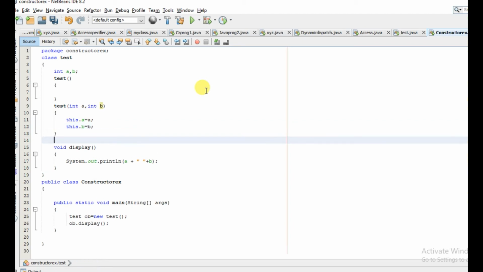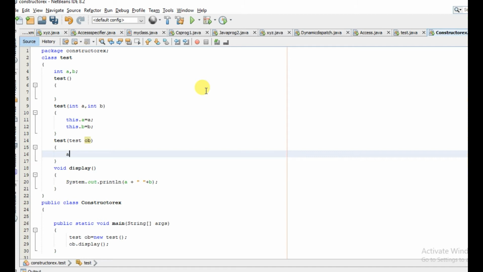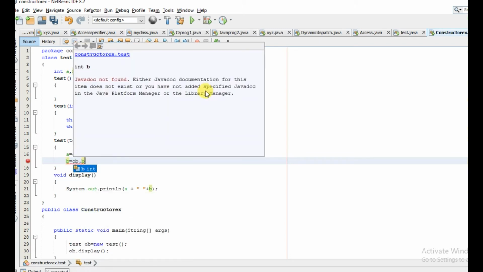Now let us create a constructor which creates a copy of the object. Let us pass the object of test class and do this.a is equal to ob.a and this.b is equal to ob.b.